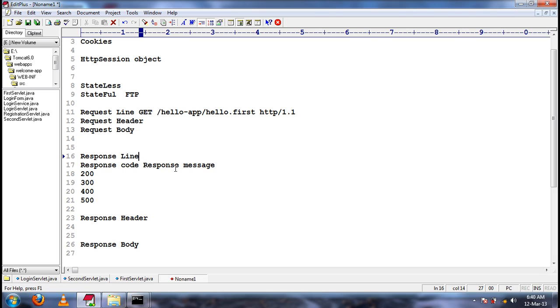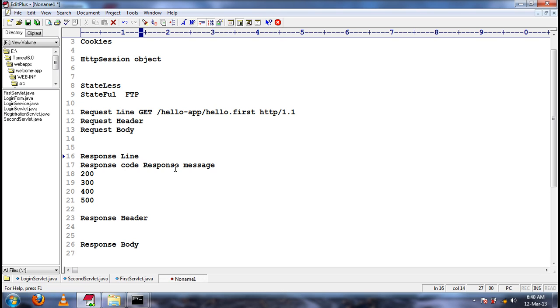Understood? So on the server side, we should write the logic that creates cookies and adds them to the response object. Those cookies will be transferred to the browser in the form of response headers, and that cookie information will be stored as temporary internet files in the machine where the browser exists.